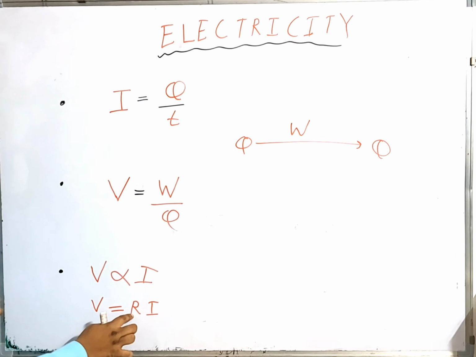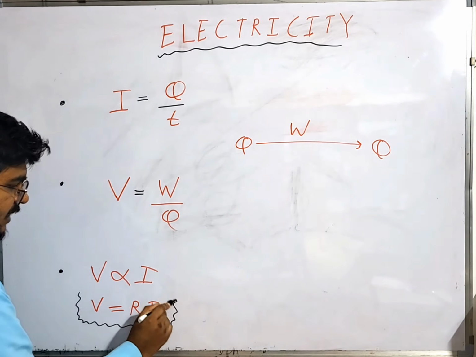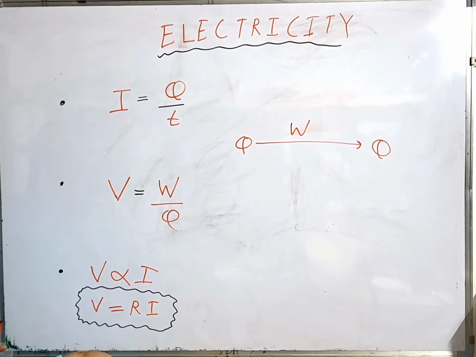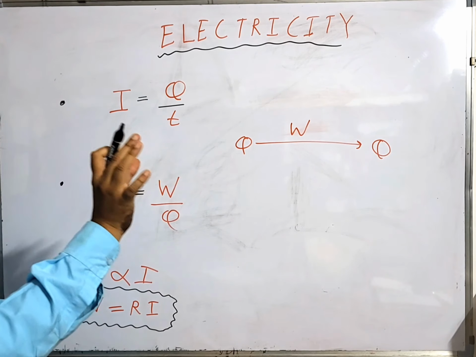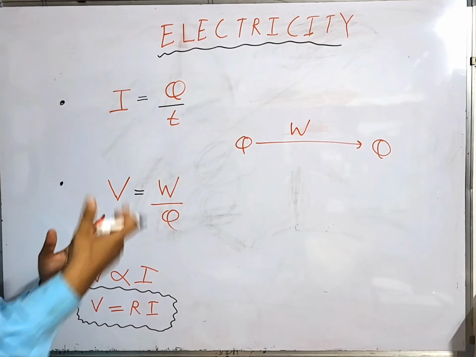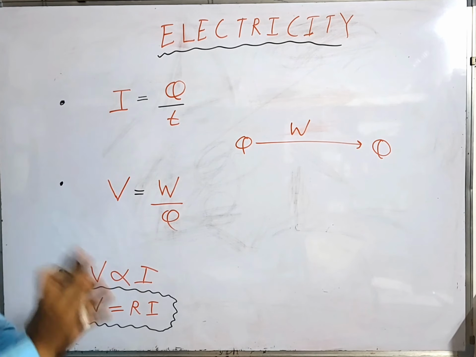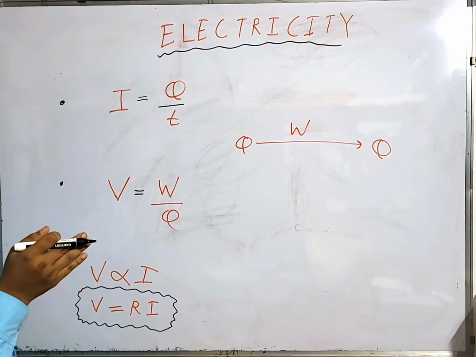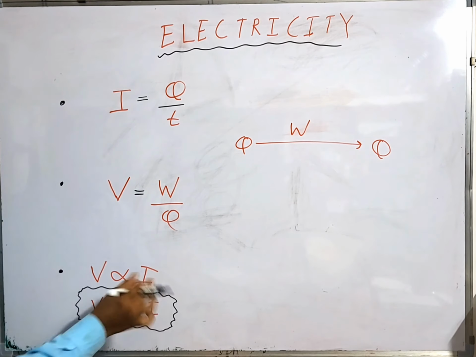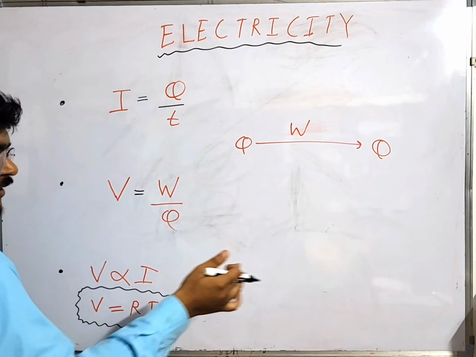Now what is this R? R is resistance. Now what is resistance? Resistance is nothing but it avoids the flow of current. Why does it avoid? Because a particular device needs a particular current only. If you supply more current to that device, that device may get burnt or something like that. So a particular device needs a particular amount of current. To supply that particular amount of current, resistance is required, which is provided by a resistor. So resistance avoids the flow of current up to a particular amount of quantity.